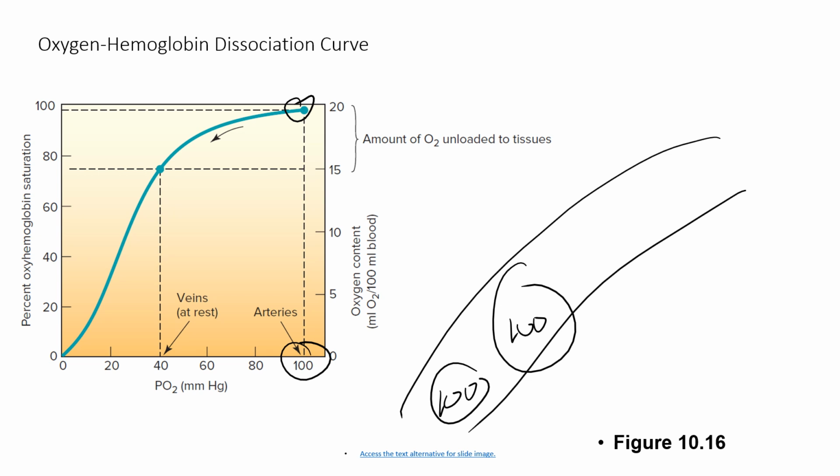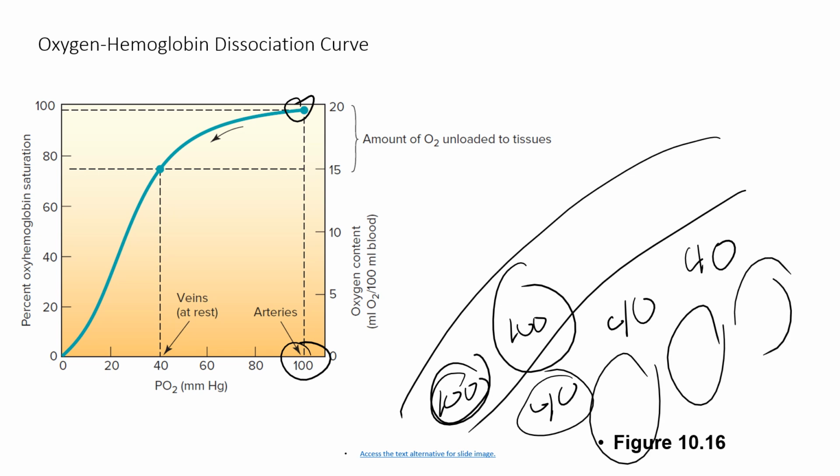That's oxygenated blood. Then, as the blood travels through the capillary bed, what will happen is oxygen within the blood will follow its partial pressure gradient. The partial pressure of oxygen within the blood plasma is 100. The partial pressure of oxygen within the interstitial fluid near the muscle cells and right outside of the capillary is 40 millimeters of mercury. So oxygen is going to follow its diffusion gradient and move from the blood plasma into the interstitial fluid